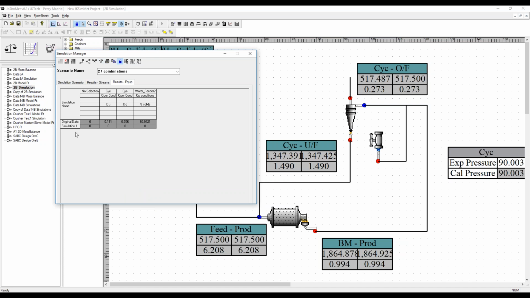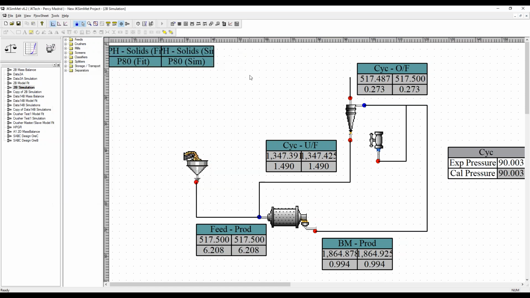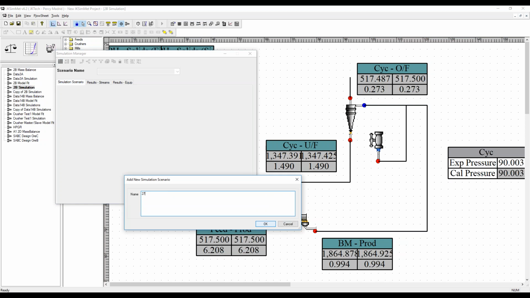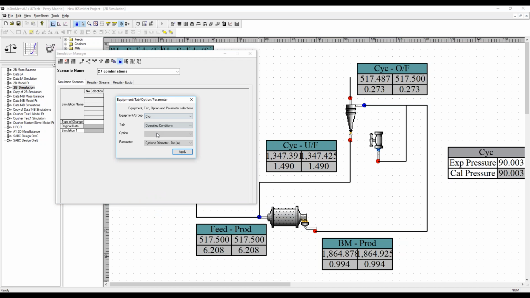Okay, so I have those, and then I have something similar. Okay, there you go. I will quickly select